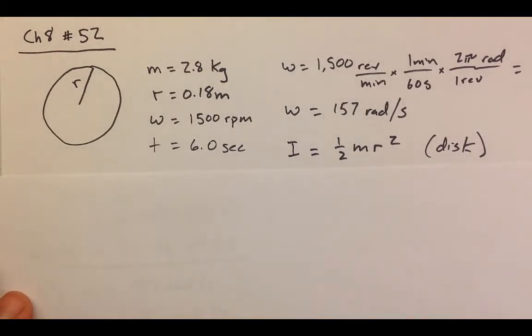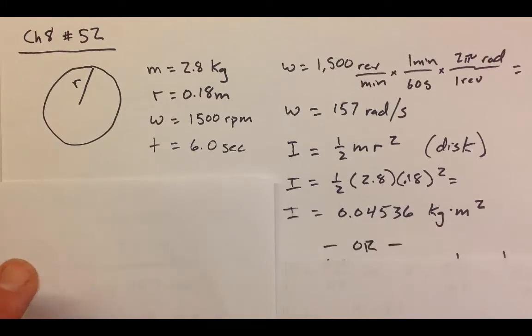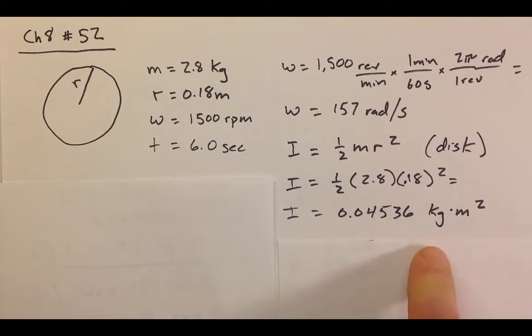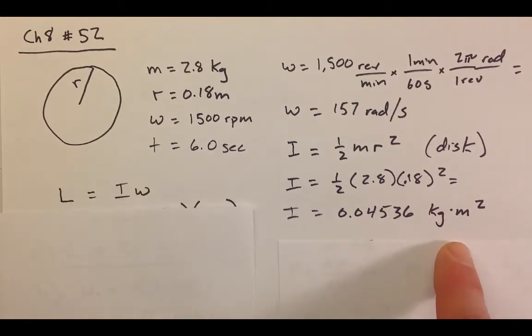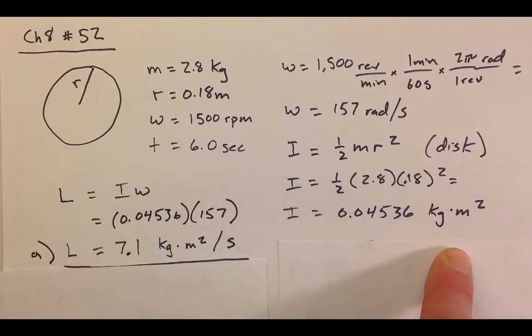That is the formula for the rotational inertia of a disk or of a cylinder. So we could go ahead and calculate the rotational inertia of the disk there. Notice the units for rotational inertia are kilograms times meters squared. Okay, so we know our rotational inertia, we know our rotational speed, rotational velocity, so we can figure out our